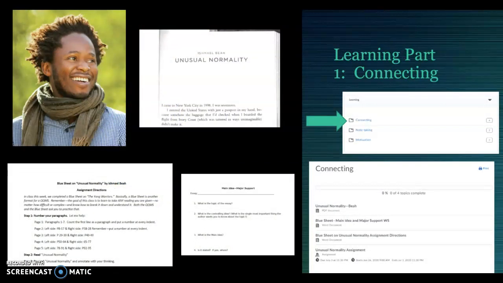Okay, next, you'll be in the learning folder. Let me go over what's in there. First, you've got some connecting. Again, I recommended that you save this folder for last this week because it stitches together everything that we've done this semester. You're going to read, here's a picture of Ismail Bea, and here's his article. You can see that that is linked here in your folder. Then there's this worksheet that we worked on in class this week, so you'll fill one out on your own. Here are the directions. There are many more steps than what's in the screenshot, so you've got to look at the assignment directions. And then when you're done, you're going to upload your assignment here.